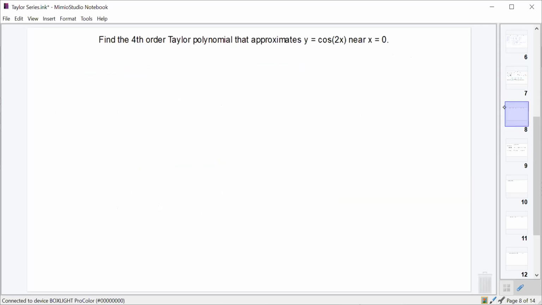All right, let's see if we can do this one real quick. I think you guys should be able to do this on your own. Whatever, we'll do it together. So fourth order Taylor polynomial for y equals cosine 2x around x equals 0. So first off, what's the cosine of 0? Okay. Our first derivative should be negative 2 sine 2x, which at 0 will be